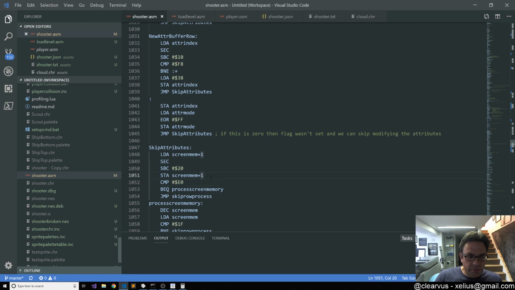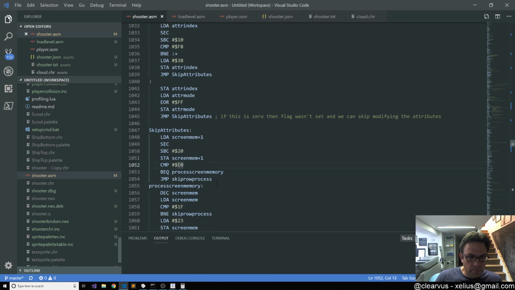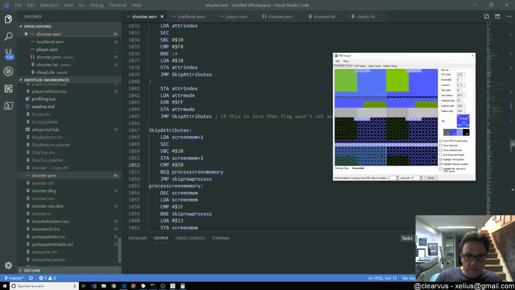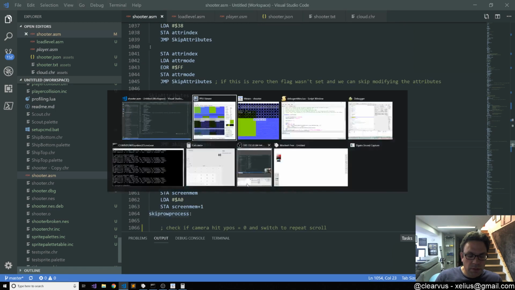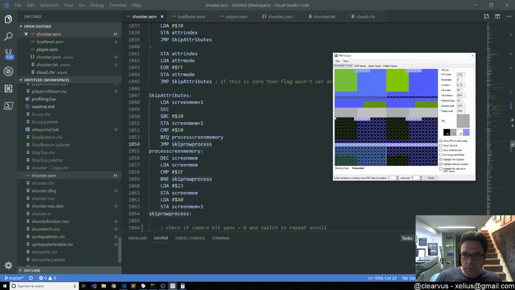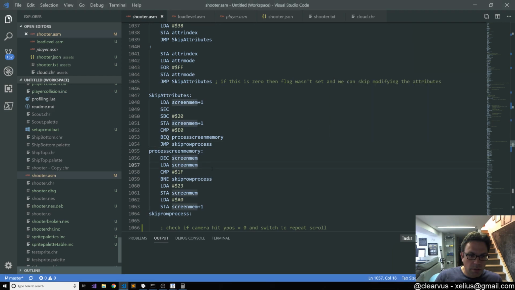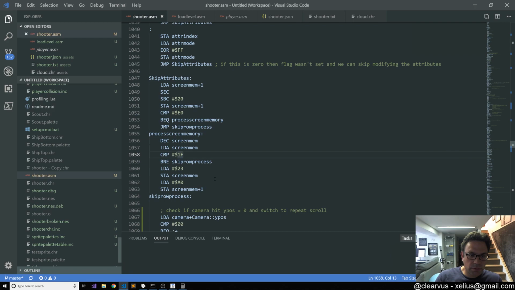Subtract 20, so 30, subtract 64, and storing it, and then comparing it to E0, which would happen if it were 0, and then branch if equal to process screen memory, 23A0, that's the right base address, if it is 1F, otherwise,